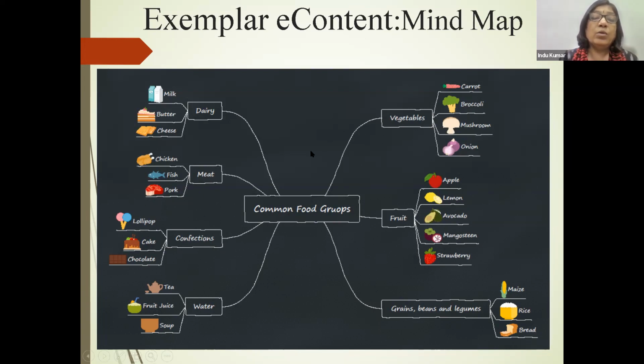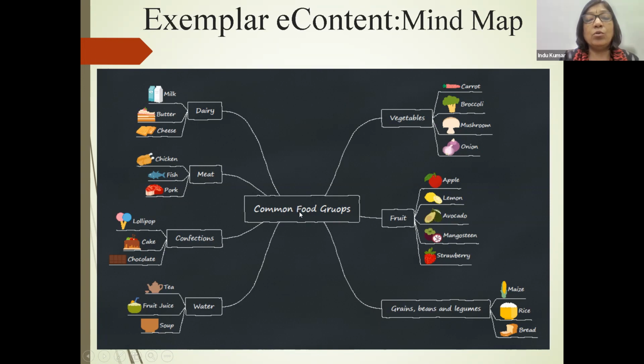Or you can also create such mind maps to explain content in a better way, because you can unfold learning on a particular concept or content by gradually unfolding the mind map. This is a screenshot of the mind map. If you create it, you can unfold it gradually.